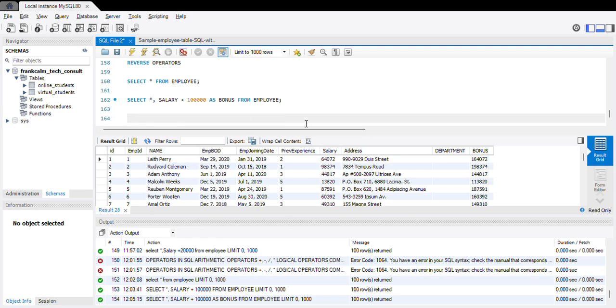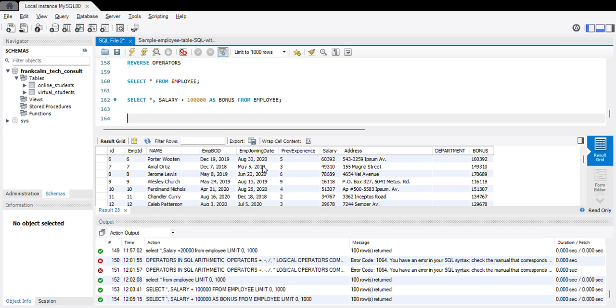Alright, now let's also paint another scenario where there's a particular employee, very outstanding, very outstanding. Let's assume the employee with serial number 10, Ferdinand Nichols. He was outstanding all through the year, and management wants to give him a kind of a performance incentive. And let's assume management wants to give him, let's say, 50,000 naira just to encourage him to do more. All right, so how do you write the query? You go this way: